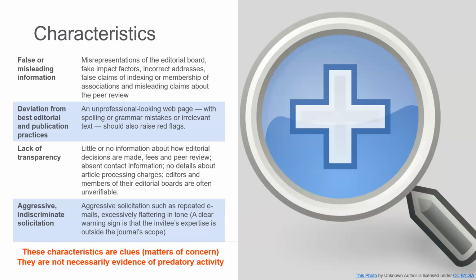So in mentioning these characteristics, it's very important to keep in mind that these are clues, these are red flags, and it doesn't mean that if these red flags manifest, the journal is predatory. The most important factor to identify predatory is when there is an exchange of money and there are no services being delivered, right? So, just looking at how some of these red flags manifest.